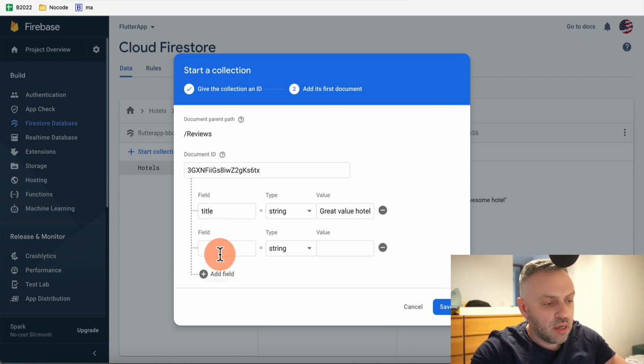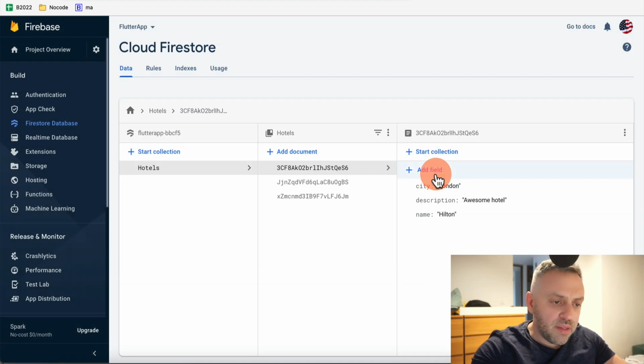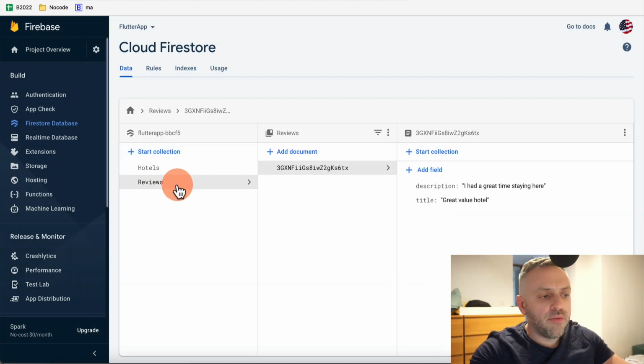Something like this, and description. And this could be the name of the person, city of the person, etc. But for now, this is fine. So description, I had a great time staying here. Now, if you do this, we have our reviews collection, but the problem is it's not linked to